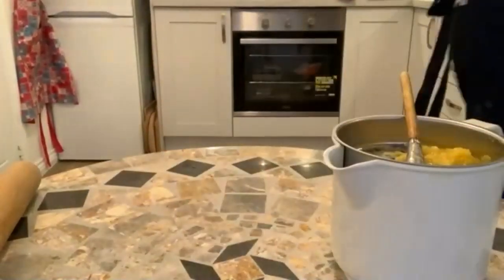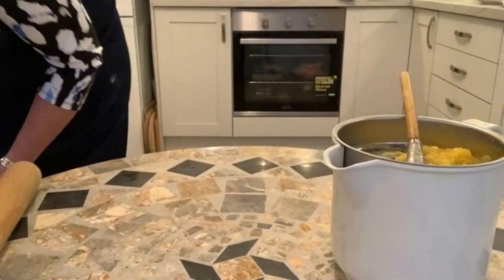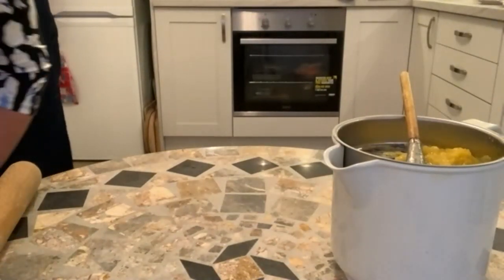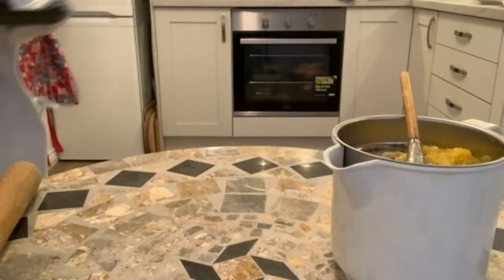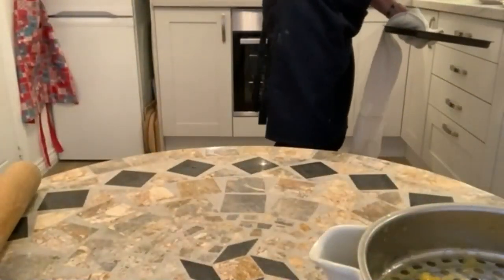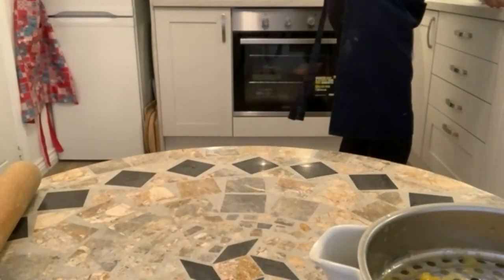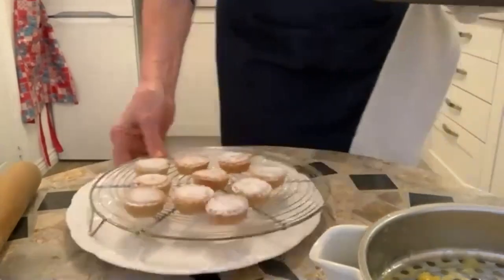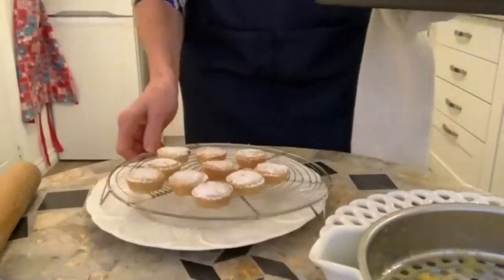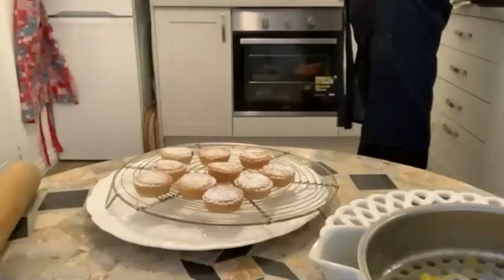Now I'm just smelling that the mince pies might be looking quite done. So not quite cooked yet, but these are the little ones that I've heated up. And in fact, I'm going to just put them onto a plate here so that you can see. These are ones I made earlier. And I'm going to put the icing sugar,